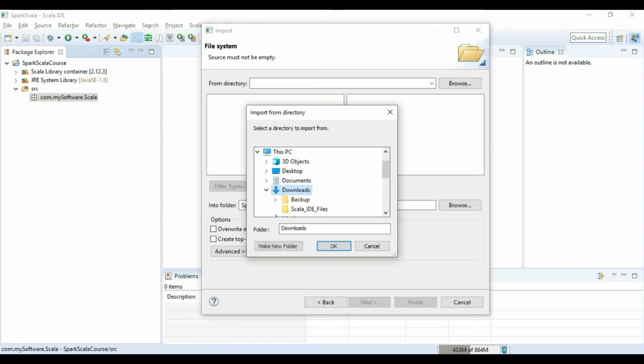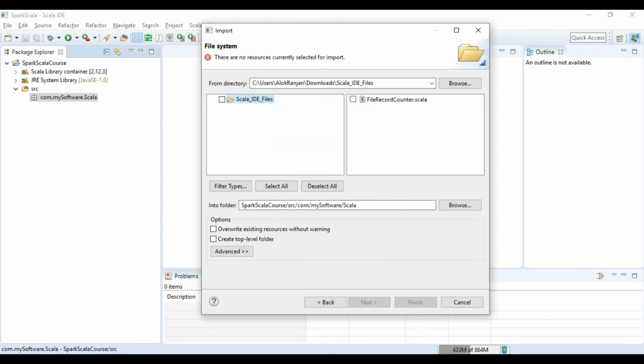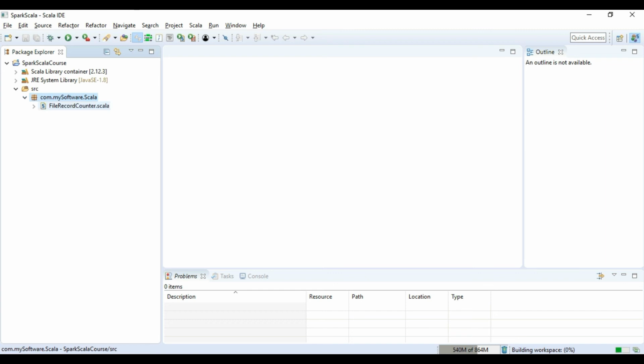Go to the download and then to the Scala IDE file, click on OK. So this will list the file. Select the file with the name file record counter.scala. Now hit on finish and you can see file is imported.